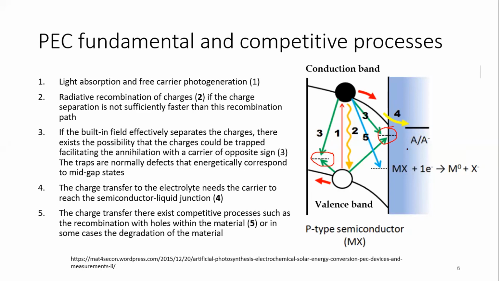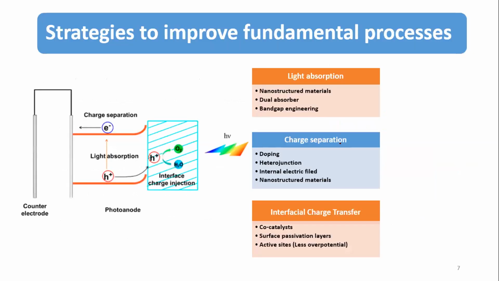In some cases, in presence of light and an aqueous medium, these photo-generated charge carriers will degrade the material, self-degrade the material. This process is called photocorrosion. So there are different kinds of unwanted reactions taking place. One has to minimize these unwanted processes while designing the photoelectrochemical system, so that one can achieve better efficiency. There are some strategies one can employ to improve these fundamental processes. I'm going to highlight some of the important ones